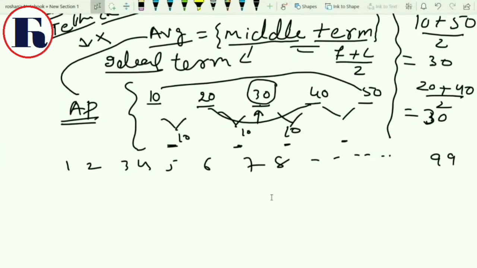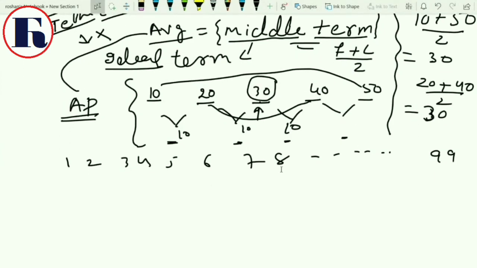So in the case of such a big series where you cannot go and find which number is in the middle, here I have started 1 to 99, everyone can say 50, sir. But when you start from 6 to 99, you'll be scratching your head and say which is the middle term. So in those cases, whenever we have a big number and the numbers are in AP, you can use your concept of middle term and you can always get the answer as 1 plus 99 divided by 2 is equal to 50. Or second term, second last, third term, third last. So the summation of corresponding terms divided by 2 will be